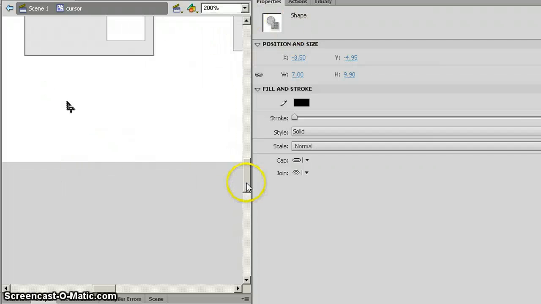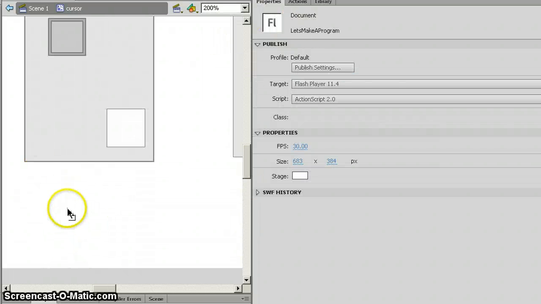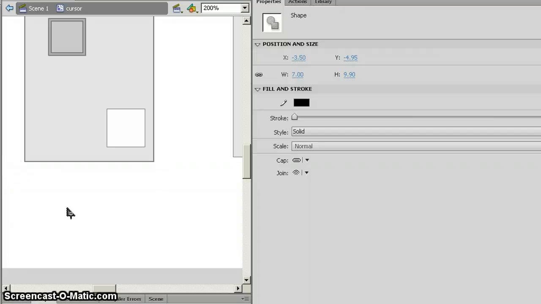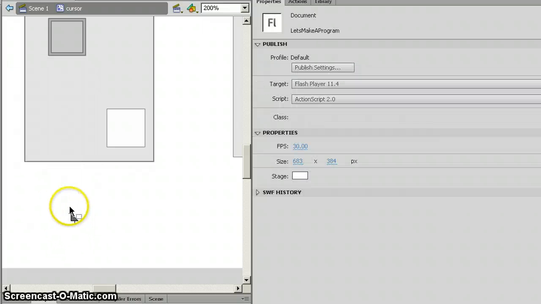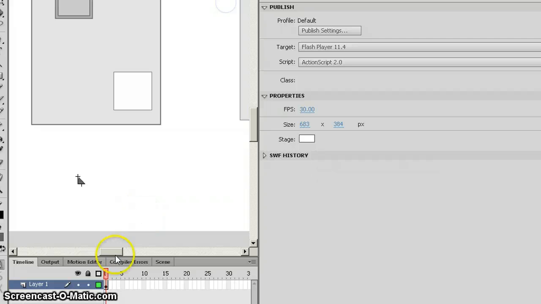This is the actual size the cursor would look when we publish the game and run it. Because it's at 200% right now, align it to this side of the screen and below, since this will be the X point for clicking on objects. And in the timeline, on the first frame,